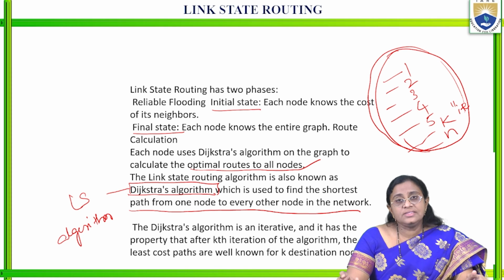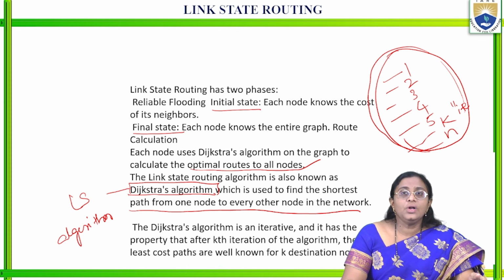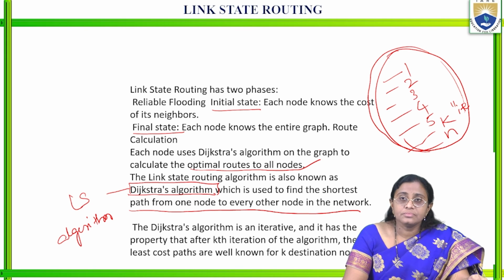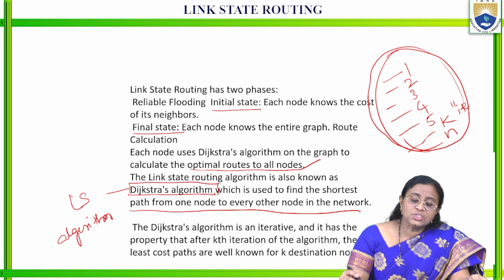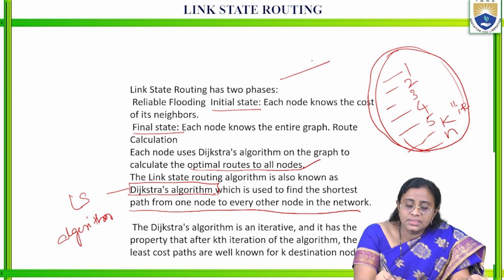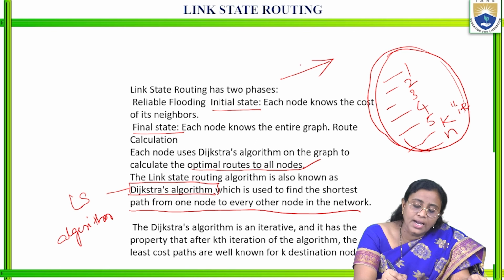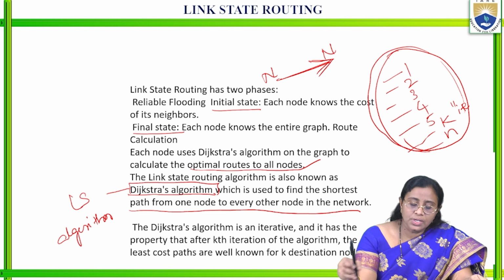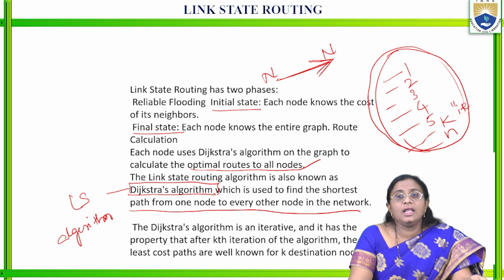What are the two phases included in a link state routing algorithm? You can call them the initial stage and the final stage. And how is link state routing useful to calculate the least path or shortest path from one node to another node? The link state routing algorithm is also known as the Dijkstra algorithm, which is